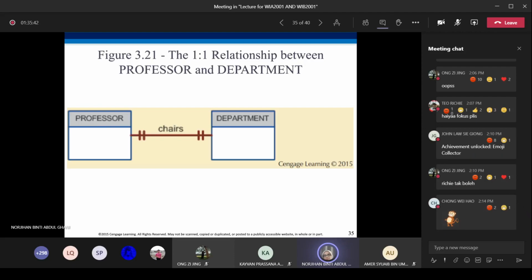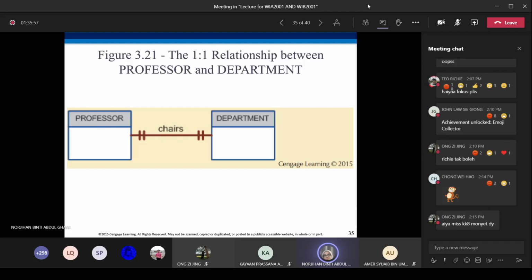When we read the relationship between entities, one professor chairs one and only one department, and one department is chaired by one and only one professor.